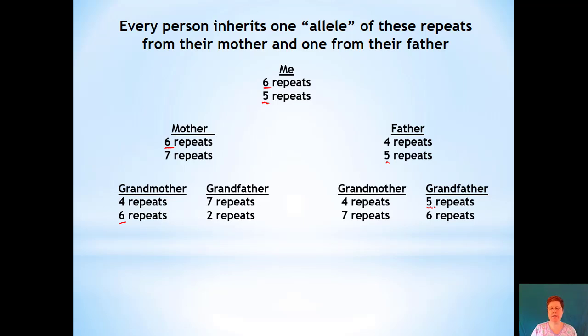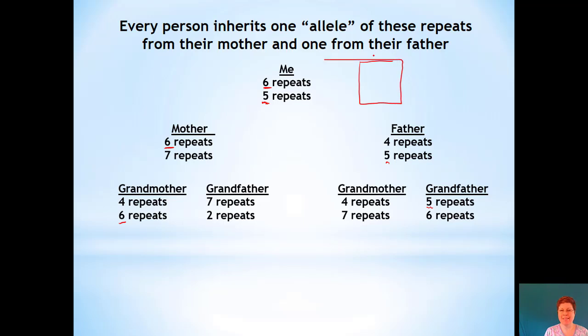Now, if we were to look at this, let's say we had DNA from a crime scene. We want to look and say, are there any 2 people in this family group that would have the same patterns? So if we were to take this DNA and run it out on a gel, are there any 2 people that have the same patterns? So let's look at mine, right? I have a 6 and a 5. So if we were to run this out on a gel,